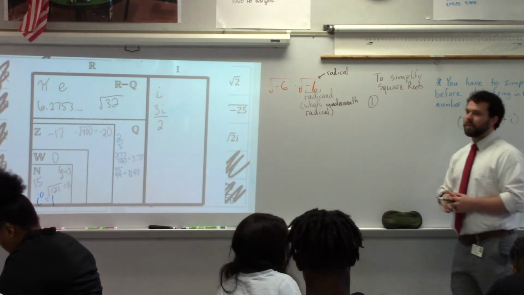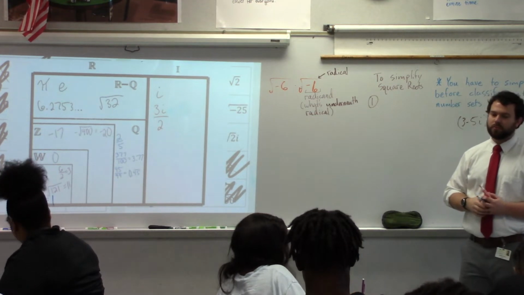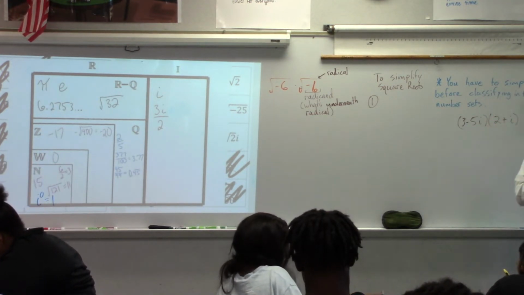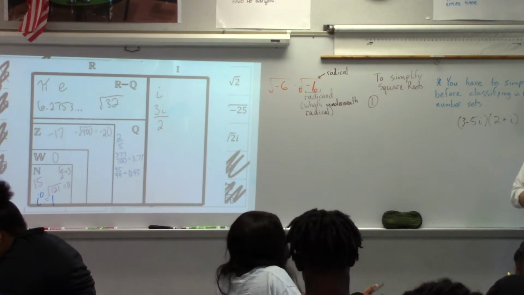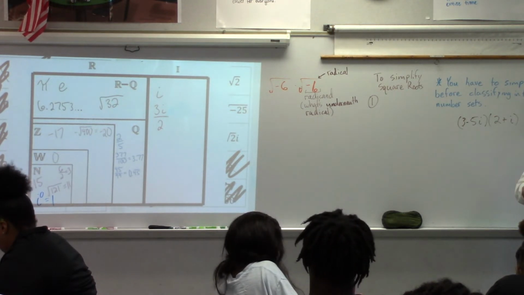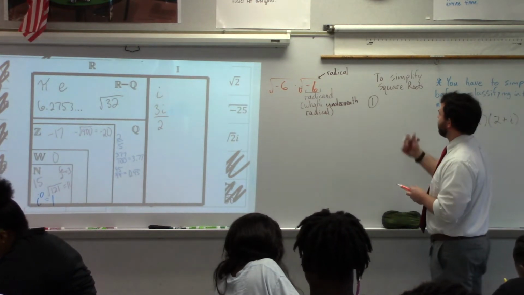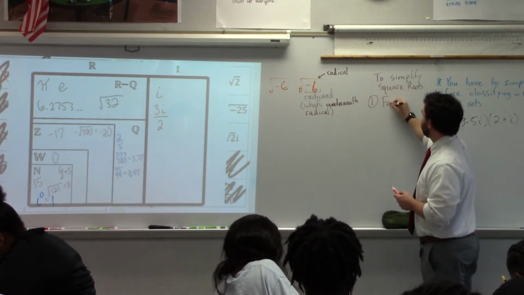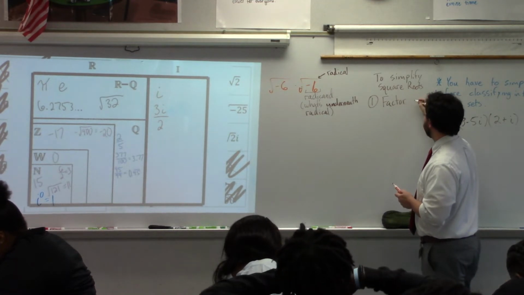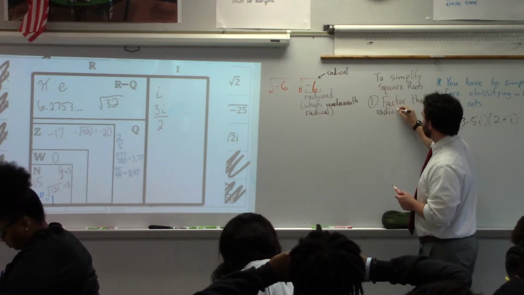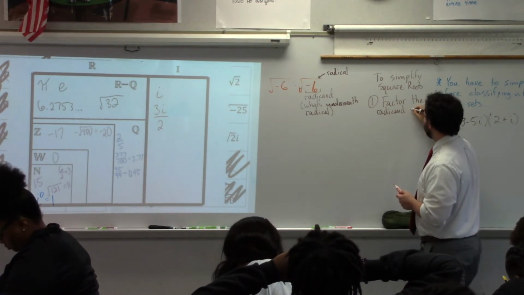So, simplifying square roots. So simplifying square roots breaks down pretty easily. First off, factor the radicand into